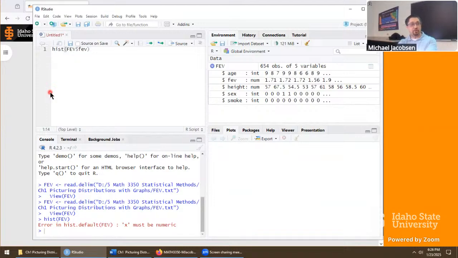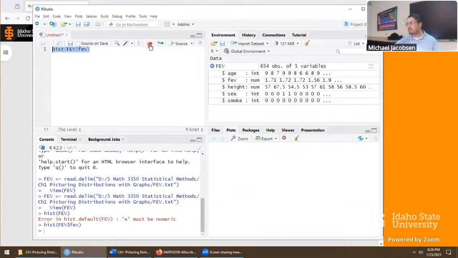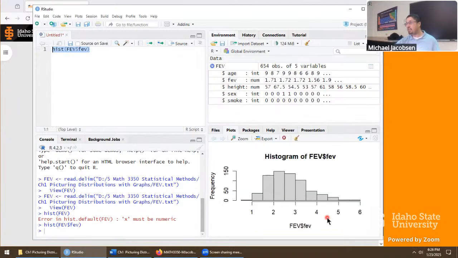This is far easier to do than the bar plot they were doing earlier, so that's kind of weird. The histogram function is just much easier to work with. Now to run this, either do the Control A, Control Enter, or if you're rather point and click, just as valid, highlight all of your syntax and click on the Run button, this one right here by the red dot. And we've got something, folks. That's a histogram.